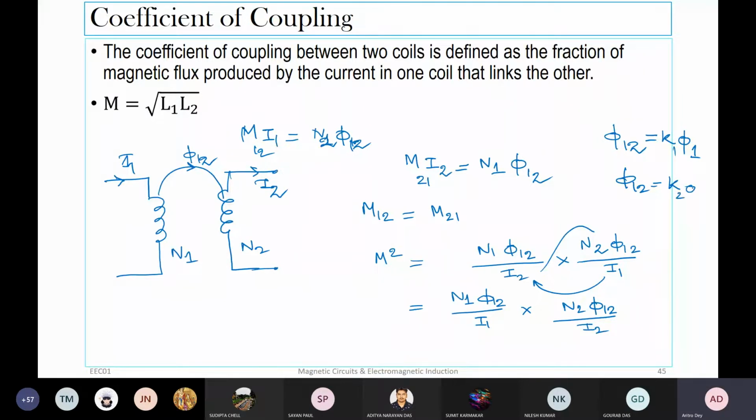So if we substitute, it will become K1, K2 into N1 phi1 by I1 into N2 phi2 by I2. So we can write M equal to K1, K2. Here we can write L1